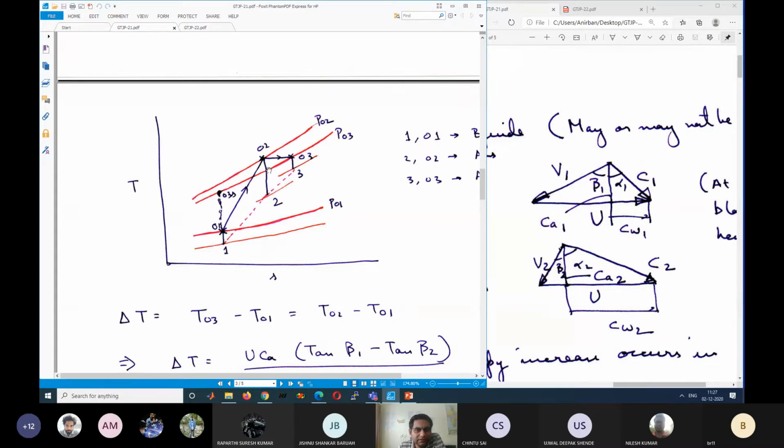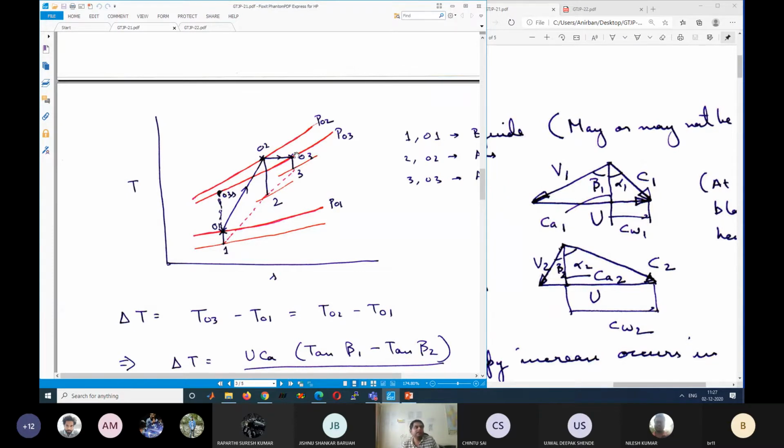So now in the stator, what happens to the stagnation enthalpy? There is no work input and no heat output or heat input. So what does the first law of thermodynamics tell us? Stagnation enthalpy is constant. So H03 is equal to H02, or T03 is equal to T02. But because of frictional losses, the pressure actually is reduced slightly. So although the stagnation temperature remains the same, as you can see here, the pressure is reduced from P02 to P03. So we go from this 02 point to the 03 point in the stator. These are the stagnation properties.